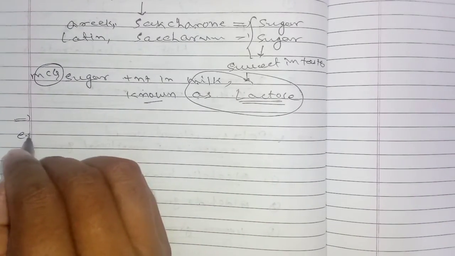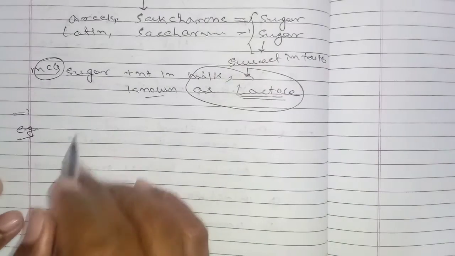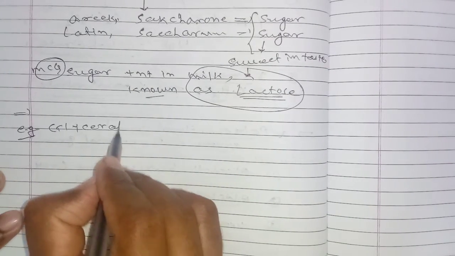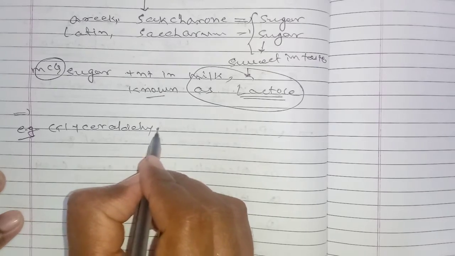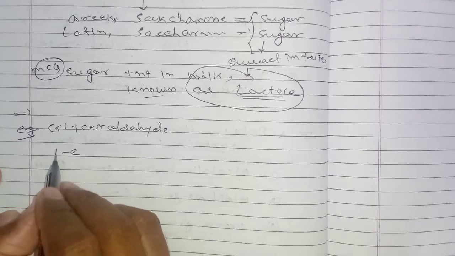Here the example is glyceraldehyde. Its structure is CH2OH,